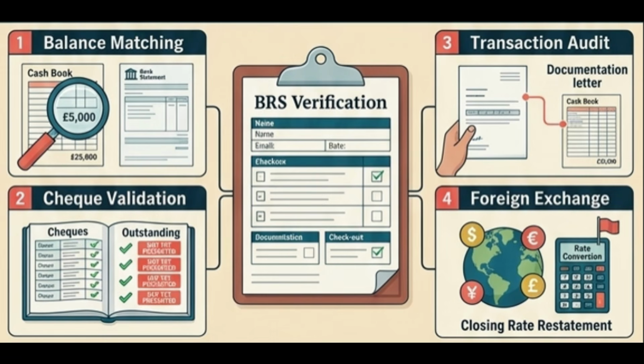Verification procedures. A thorough bank reconciliation statement, BRS, verification involves the following steps. A. Balance matching, tallying the internal bank book balance against the official bank confirmation or statement. B. Check validation, reviewing all outstanding checks, issued but not presented, and deposits in transit, deposited but not credited, against subsequent bank statements. C. Transaction audit, requesting documentation for bank-initiated charges or credits to ensure they are properly accounted for